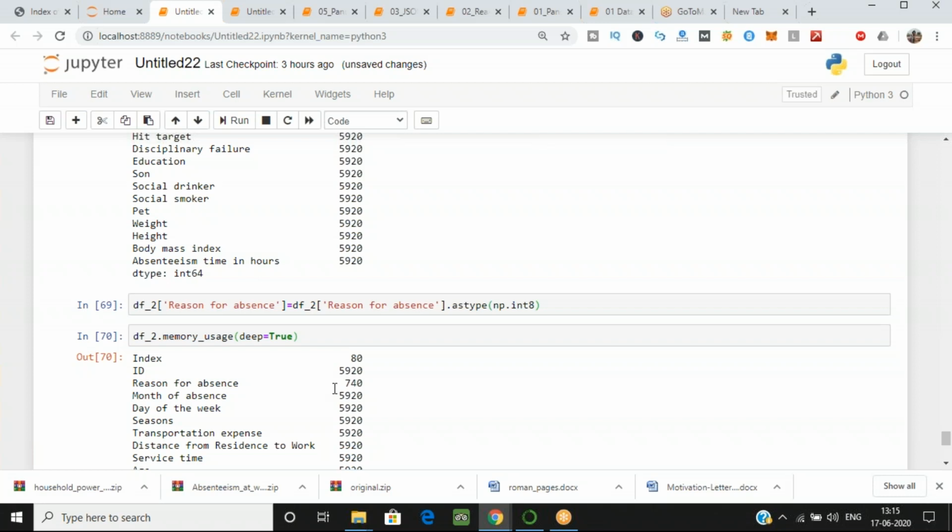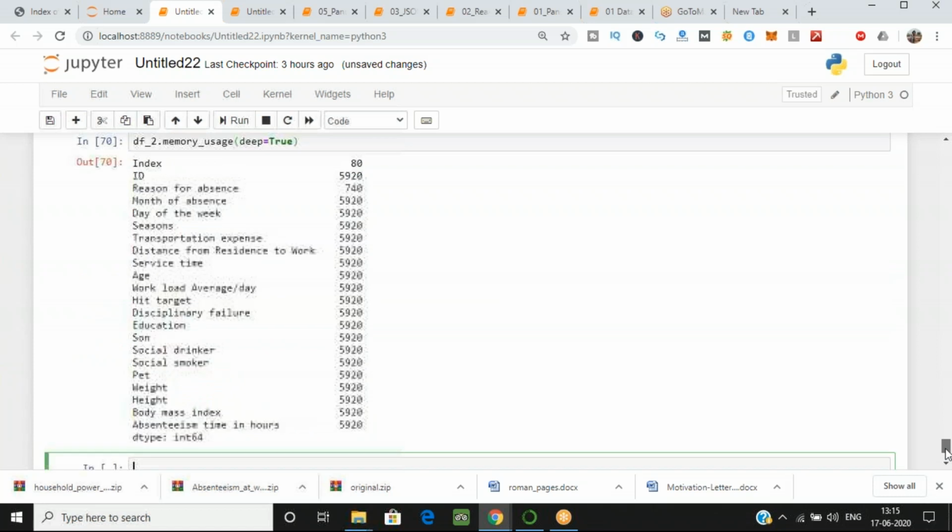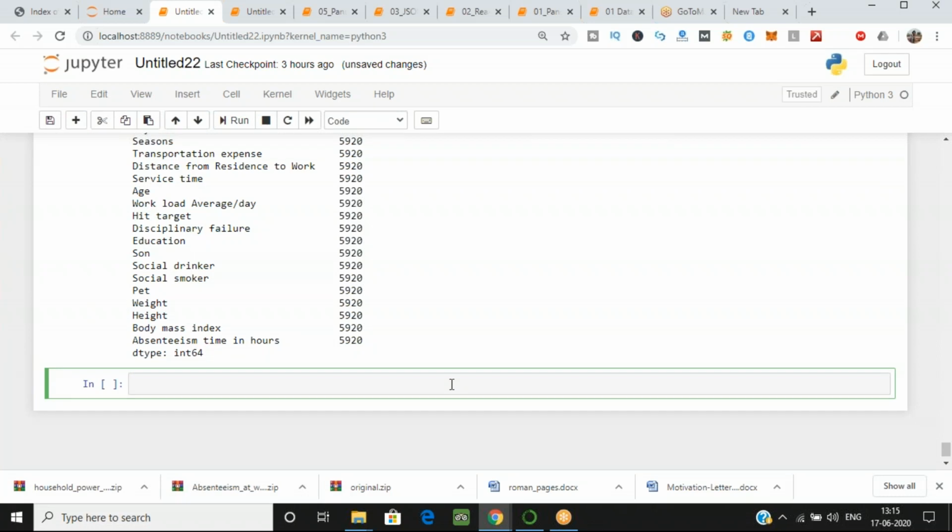So I guess this is clear to you. After that we will do visualization. We will perform a histogram and visualize it, and there is one more graph, the box plot, that we'll do. First there is also one function, a sorting function. If you want to sort some values, for example I have height in my database and I want the height to be in increasing order, the smaller ones at the top and then increasing.